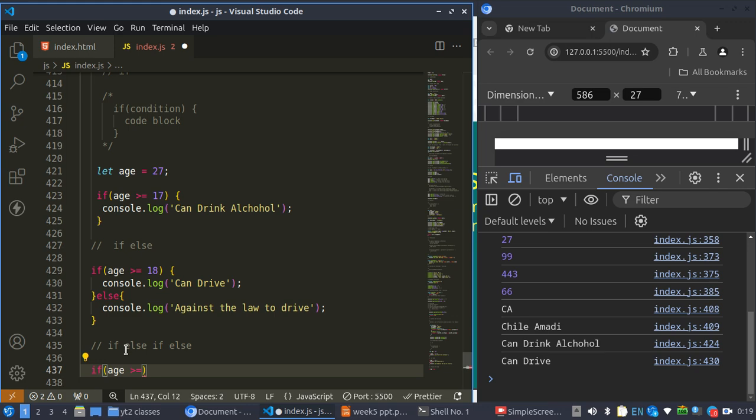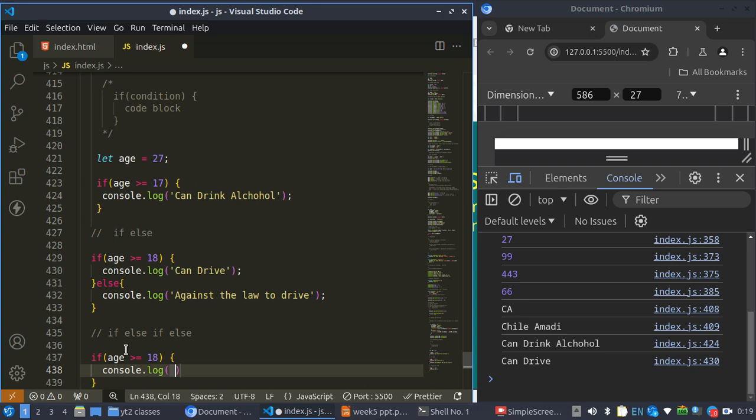Okay, I'm thinking of a simple example. So if age is equal to or greater than, let's use the same 18, so console.log can drink alcohol, then else